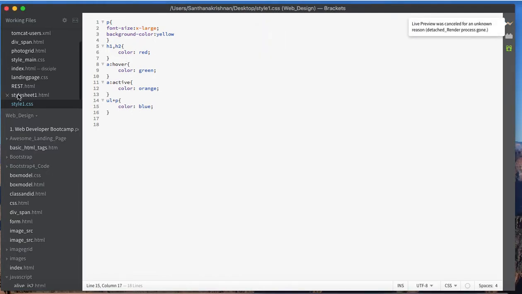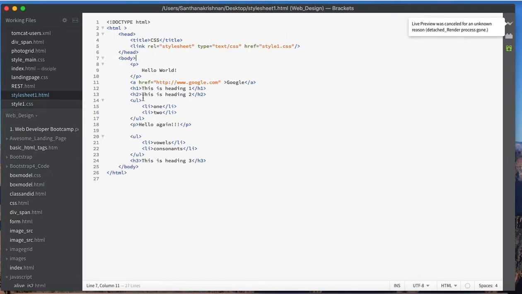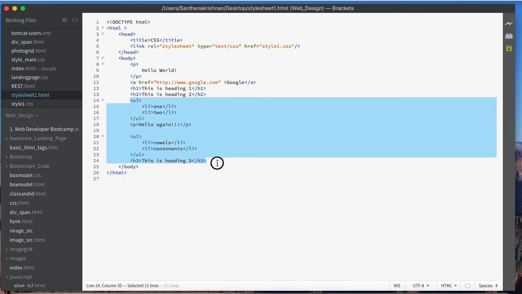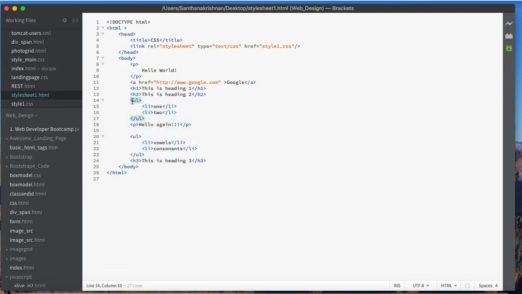See here, style1.html, concentrate on the highlighted part alone. I have the unordered list with items 1 and 2, followed by the paragraph hello again, and after that one more ul element, vowels and consonants, with some list items followed by an h3.